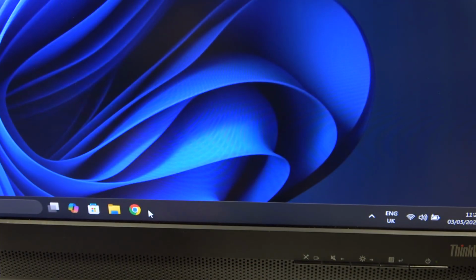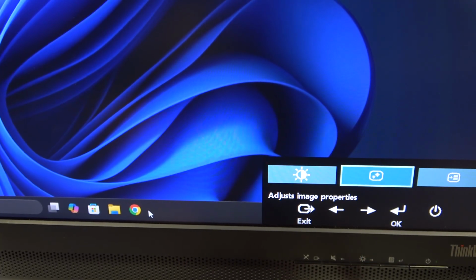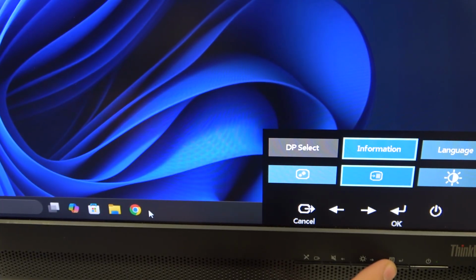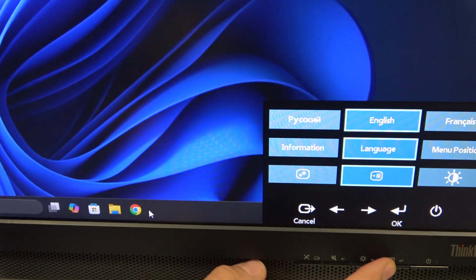At first we have to open the settings menu using this button here, and now we have to scroll to the right to options here. We have to enter it, and now we have to go back to the right to the language, open language,